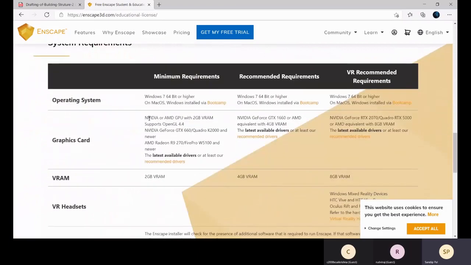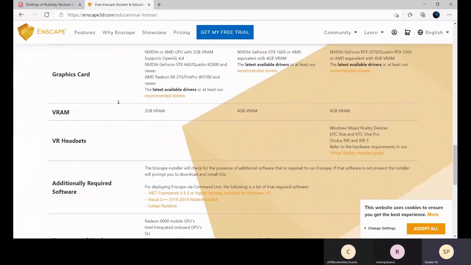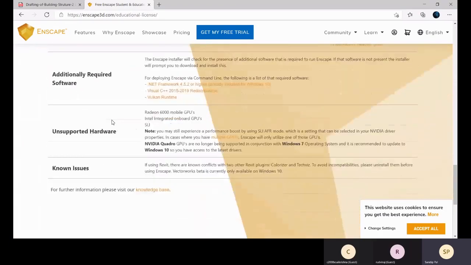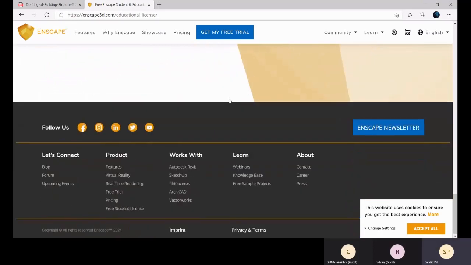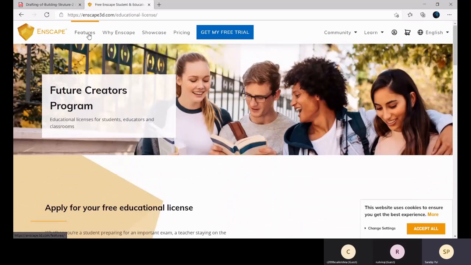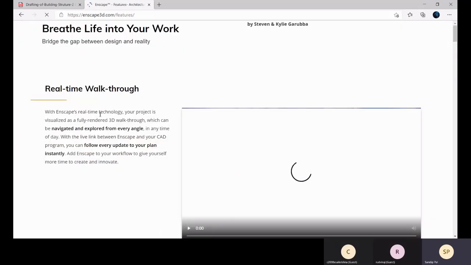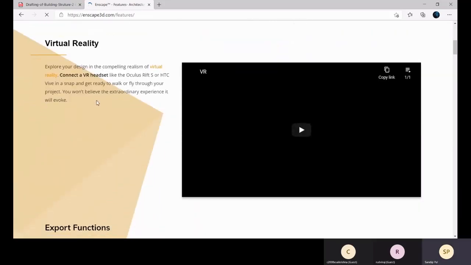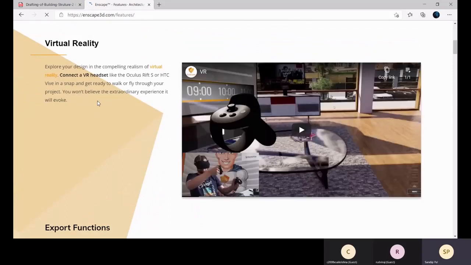And here you get all the details. What is the minimum system requirement? These should be matched, and you can check the features. We have real-time walkthrough, real-time rendering, and virtual reality options are also available with this plugin.